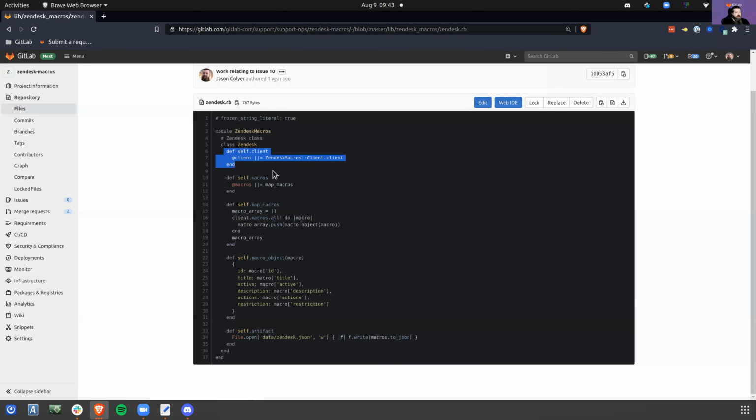For this one, we're defining the client. We're saying, yeah, pull the client from that client class that we just went over. The macros are going to be map macros, which is a function out here where it's going to call the client, get every macro from Zendesk, and then push them to an array using the macro object function. And then it's going to pass this macro right back. So what it's saying is the macros here is equal to all the macros, and they're passed in this specific